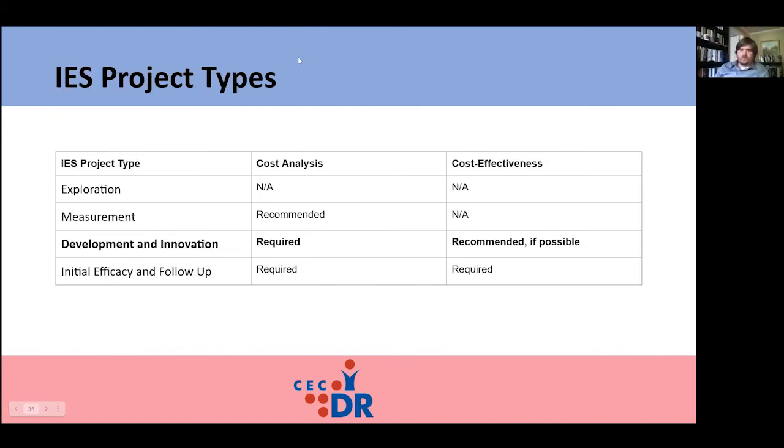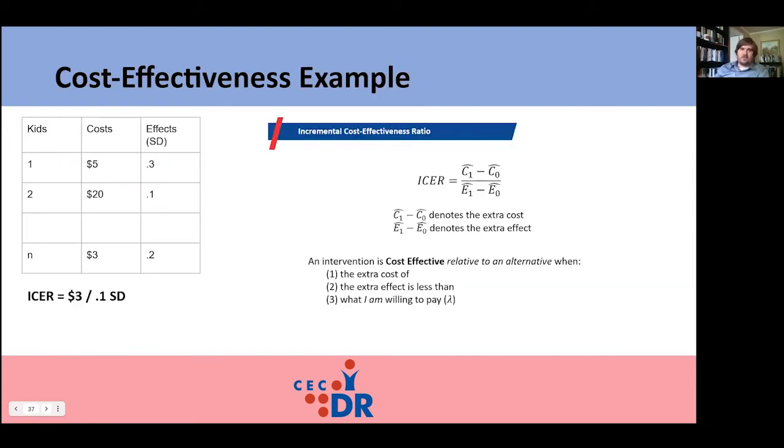Okay, Graham, if you could move on to the next slide. I'm just moving forward for the sake of time. So next I want to talk about initial efficacy and follow-up style. These would apply to really any situation where you're going to have a big sample size. You've done some type of trial where you've got a big enough sample size that IES is going to require you to do some type of cost effectiveness analysis. Before it was optional, now it's required. And so what I want to show you is